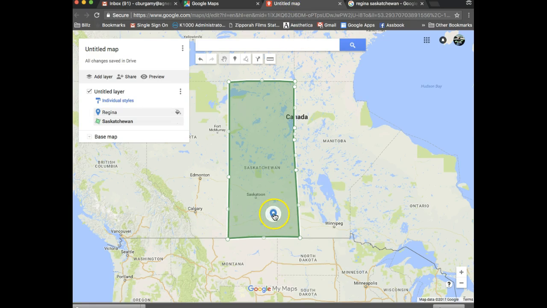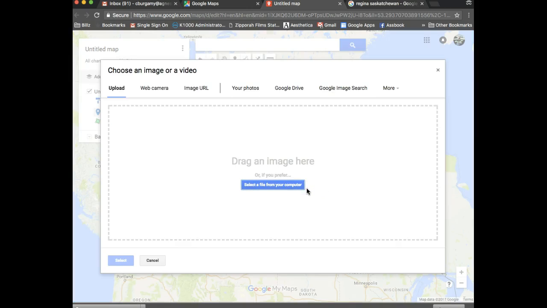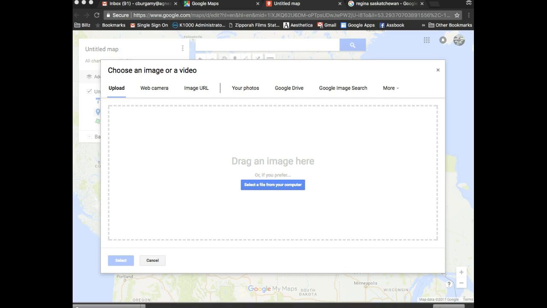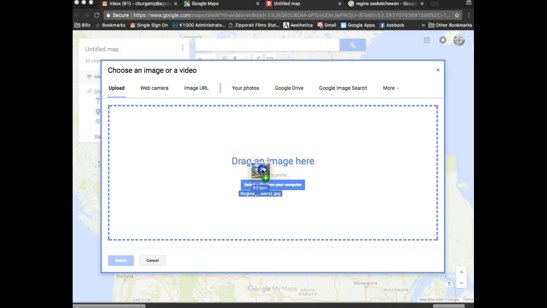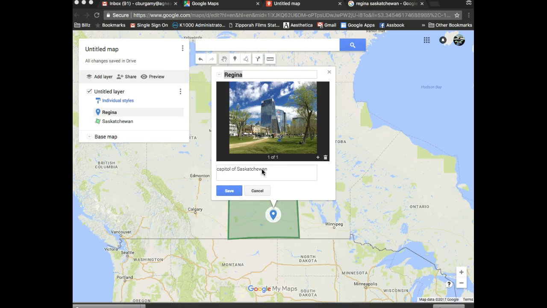I'm going to click on Regina, the marker I made, and then this little photo icon right here. And now I'm going to just drag the photo. Oops, let me move this out of the way. The photo of Saskatchewan that I saved to my desktop. There it is right there. Drag it right in the middle. And there it is. And now I'm going to click on Save